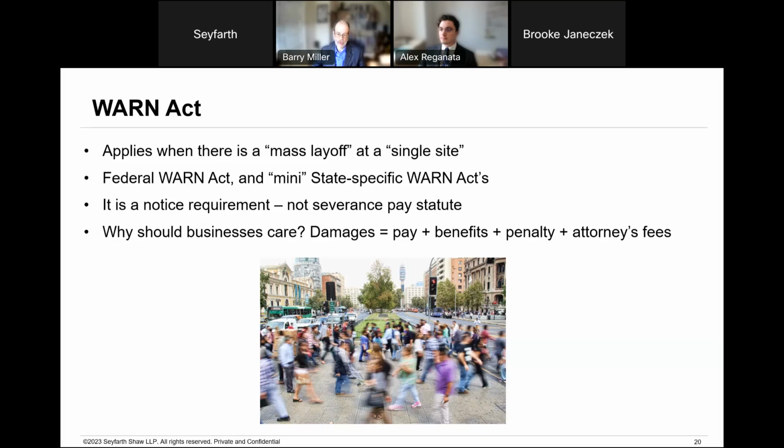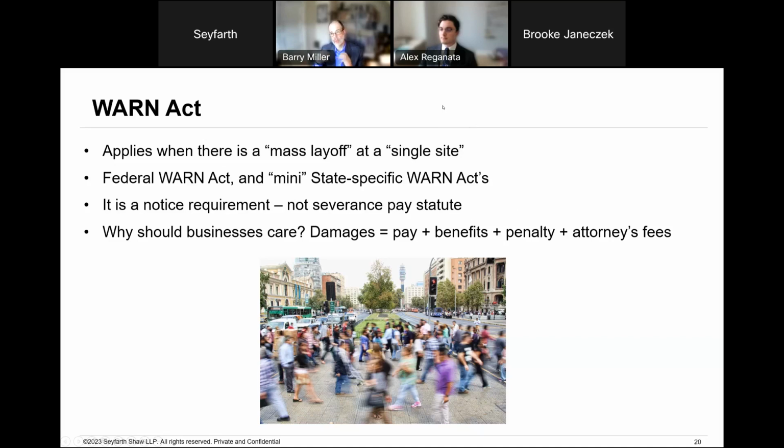One very important word of caution here is that what I've described to you as the Federal WARN Act, there are many states that maintain what we call mini WARN Acts that have lower thresholds for the notice requirements that I've described and may have various other entitlements that employees have in the context of a reduction in force. So you need to check state law and make sure that you're not tripping a state mini WARN threshold in addition to looking at the Federal WARN Act.